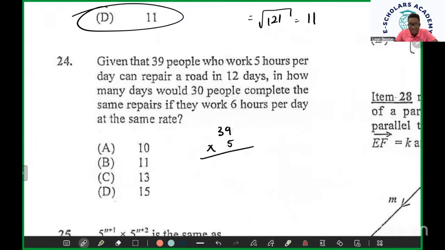5 times 9, 5 times 3 is 15, and 4 is 19. So 195. And then we multiply that by the 12. So you multiply this by 12, and this way we attach a value to this amount of work,